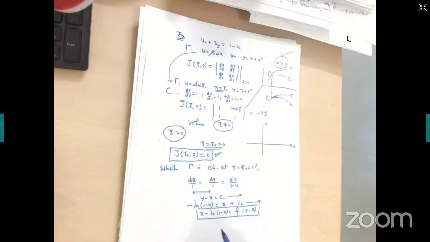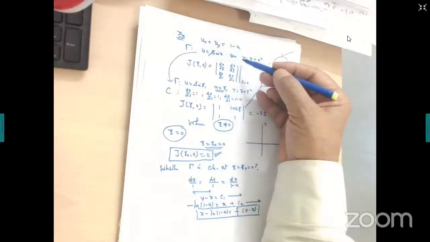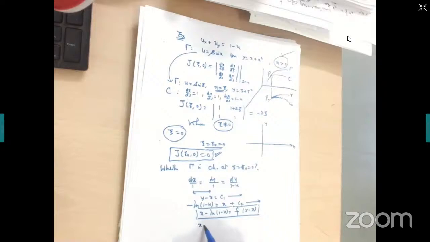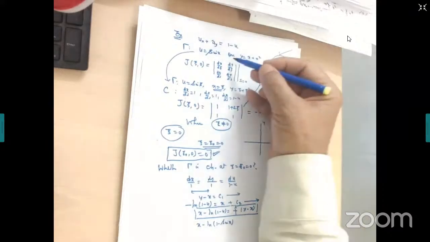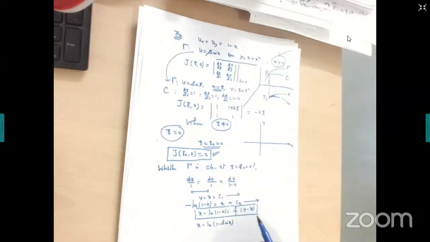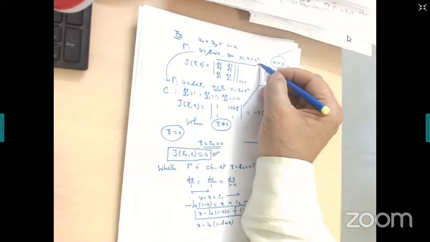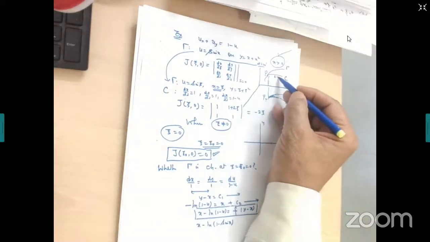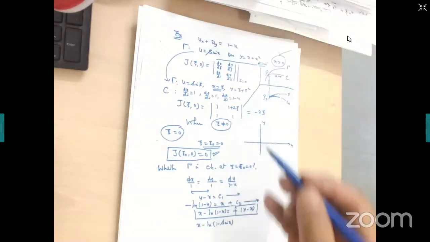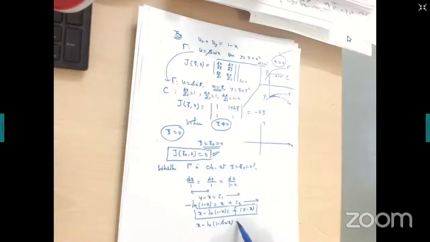Okay. Now I need to determine this function f. I will make use of initial conditions. That is, x minus ln of 1 minus u. What is u? u is your sin x initially. These are the conditions which hold at s equal to 0, where s is the parameter. So this is your f of